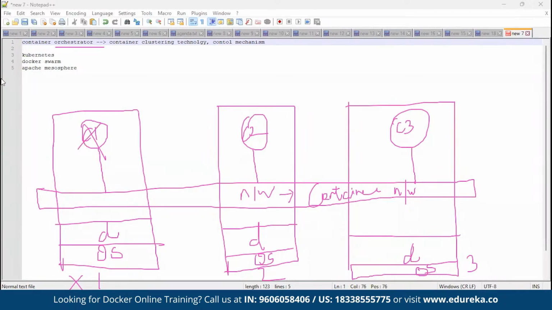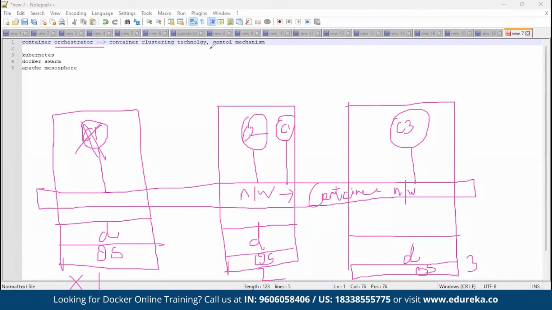So automatically the orchestrator knows what to do with the failed container. In that particular case, Kubernetes or any orchestrator will simply go and recreate the container on some other machine, and it will take the IP from the same network,